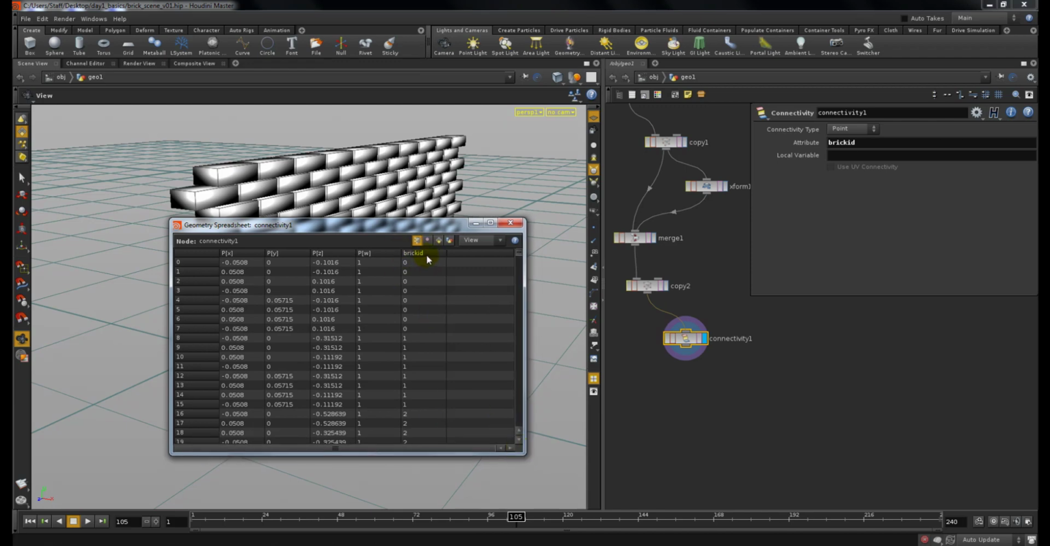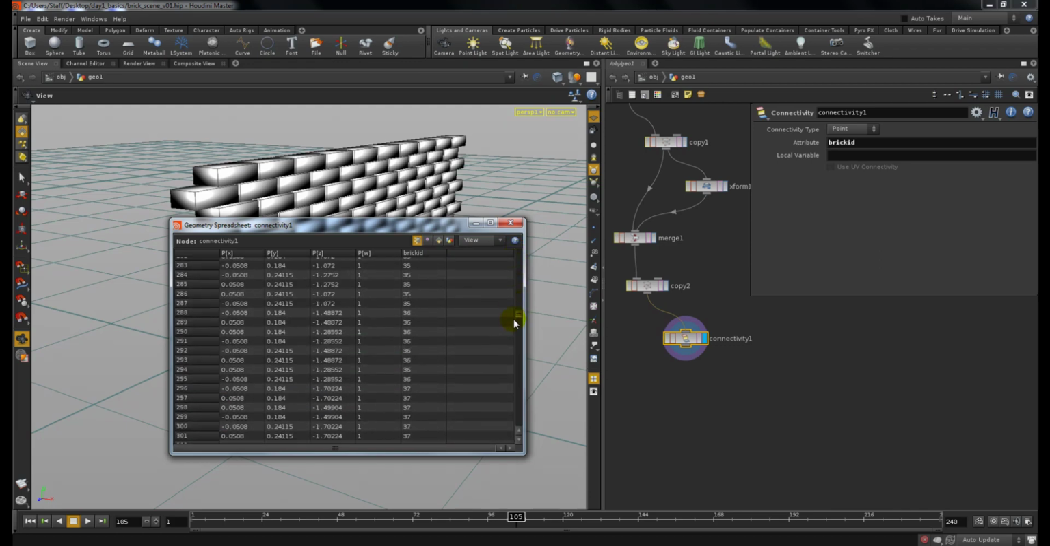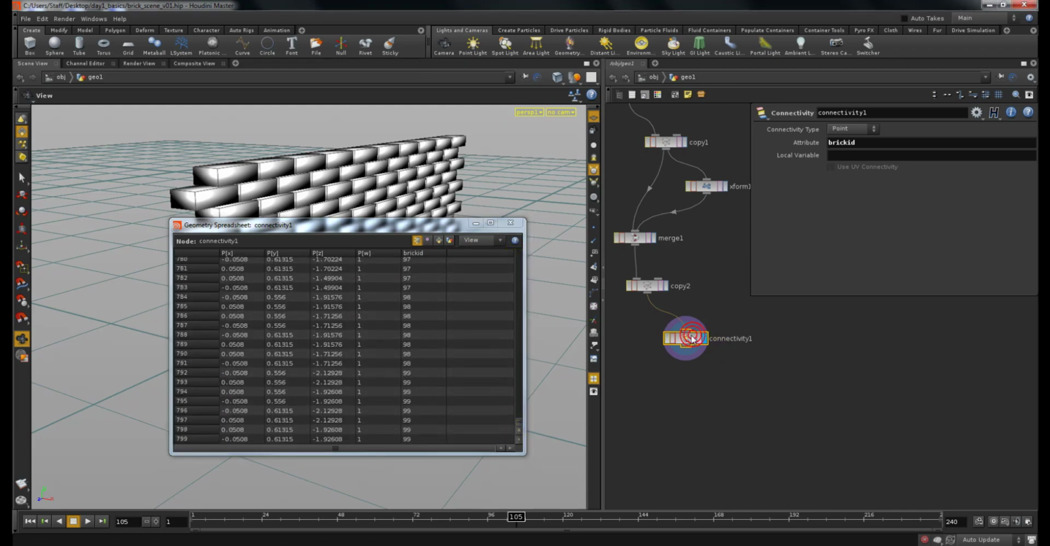So it's got that brick ID that I just made. So if I go down here, whoa, it's changing numbers. Okay, so what this connectivity guy does